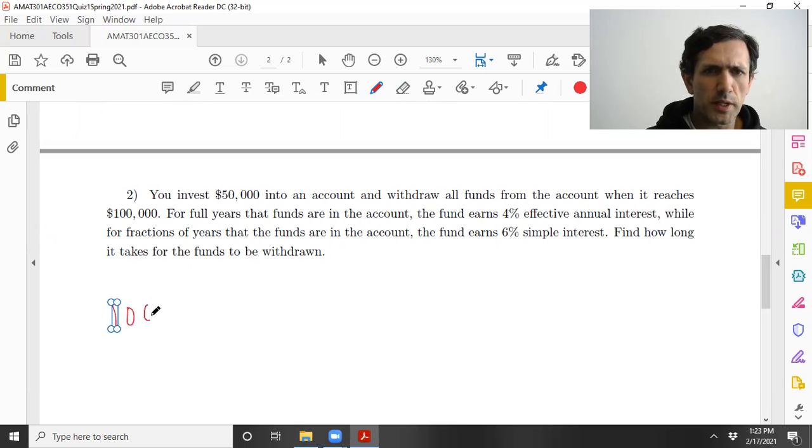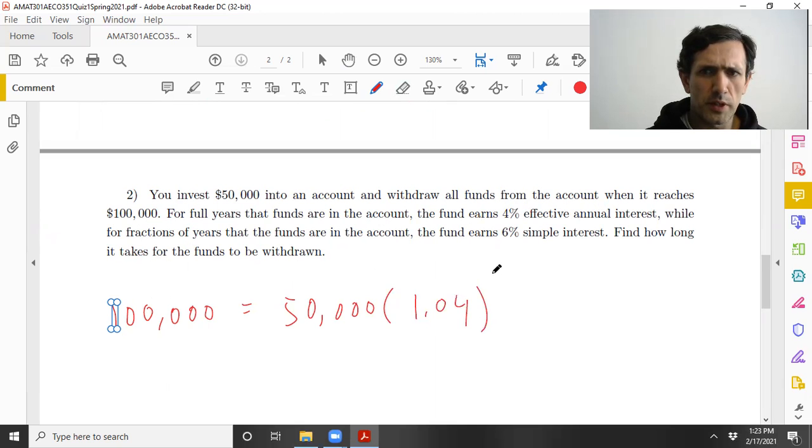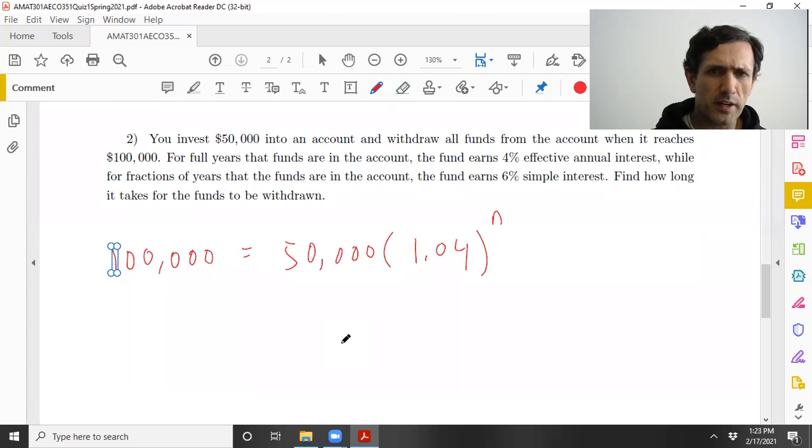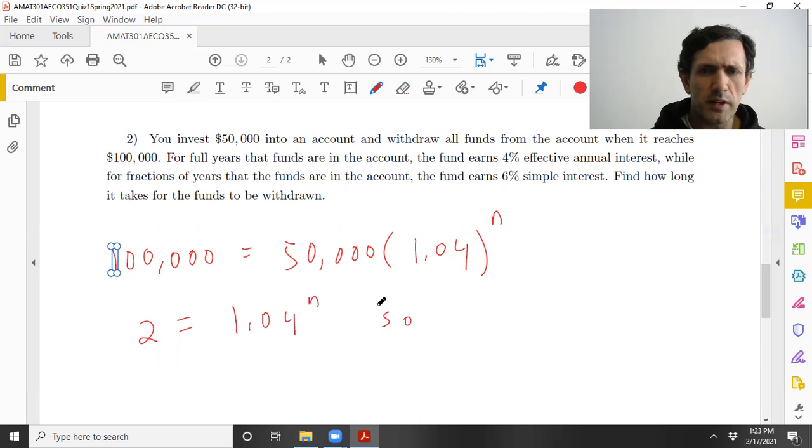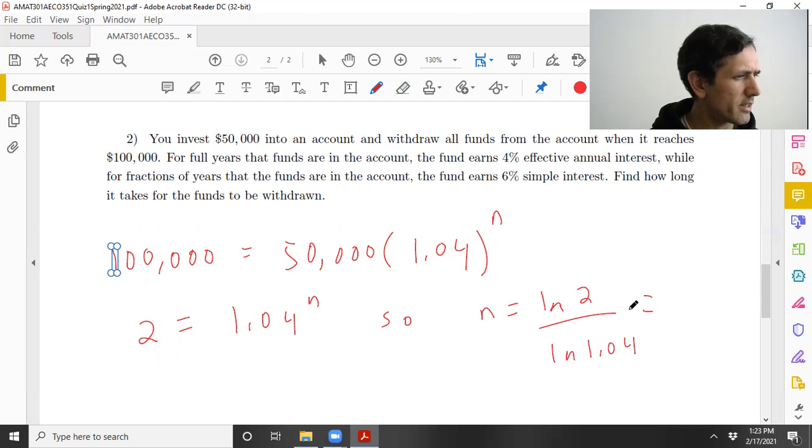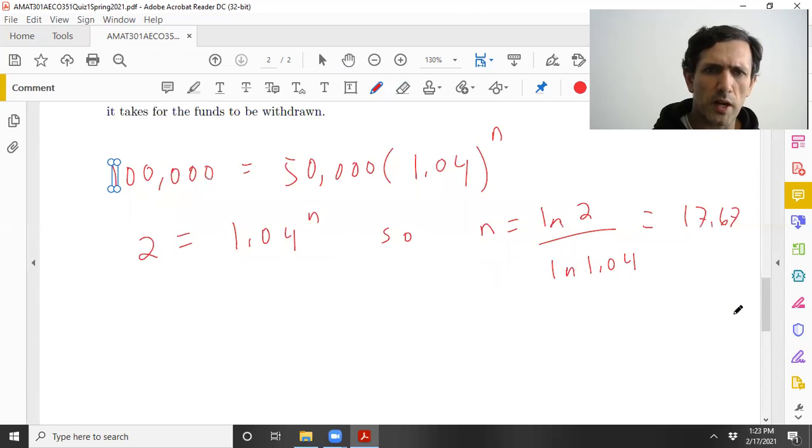So we do this just like we did in the homework. So it's 1.04 to the n. We solve for n, and you get 2 is 1.04 to the n. So then you just take natural log of both sides. n is ln of 2 over ln 1.04, and you get, what do you get? 17.67. So that corresponds to